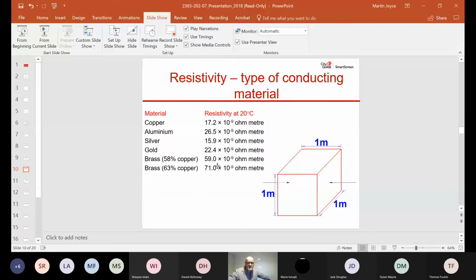So whichever material you're using, instead of being... Martin, do you know how it's got 10 to the -9 there? Are we supposed to change ours to 10 to the -9 on there? No, 10 to the -8. I can tell you now, it doesn't work out if you use 10 to the -9. It's a mistake on the PowerPoint.